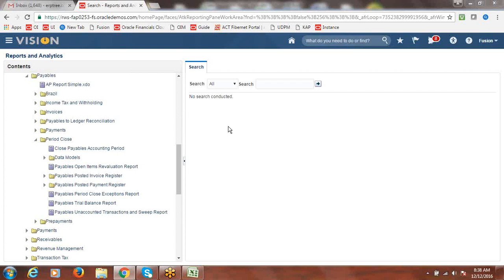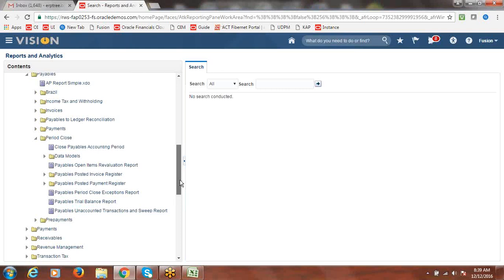Do we need to do some kind of configuration while running these reports, or can we run them automatically? You can run them, no setups. Even in EBS you don't do any setups. These reports are always just to get to know the existing data, what issues we have with the data which may stop us from closing the periods. If there are some issues we cannot close the period. That's the reason these are the key reports you have to run to know the detailed information.